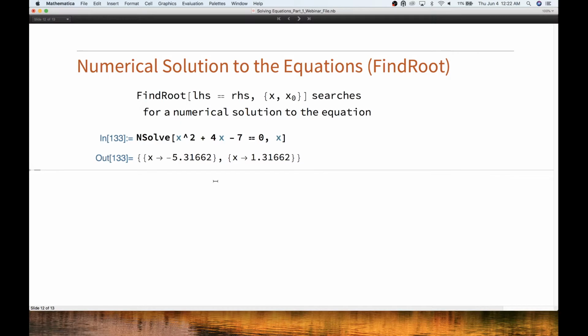Similarly, we can now use FindRoot. FindRoot takes the left hand side equal to the right hand side, we give the variable, and we have to give a starting point to search from. So this is very